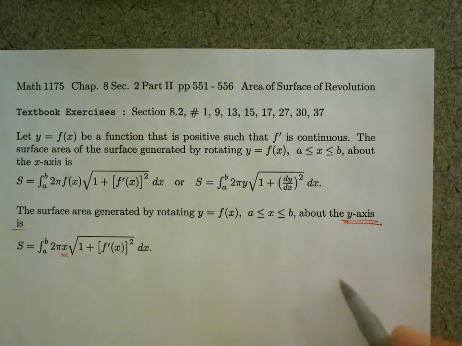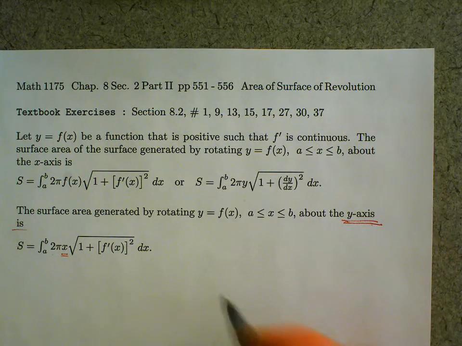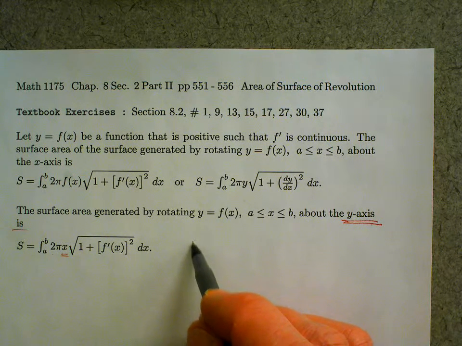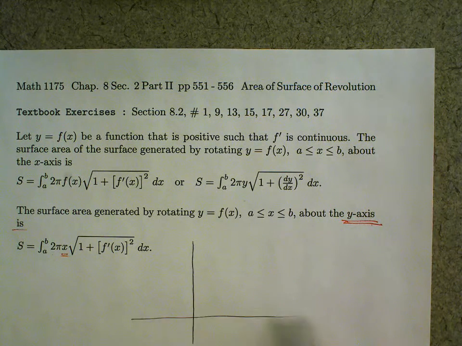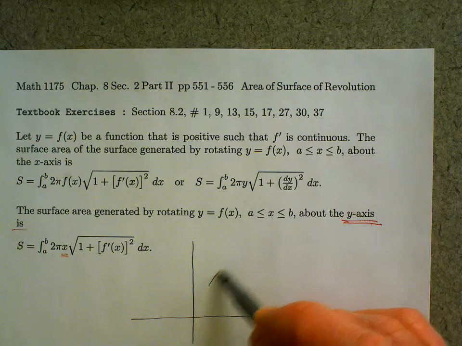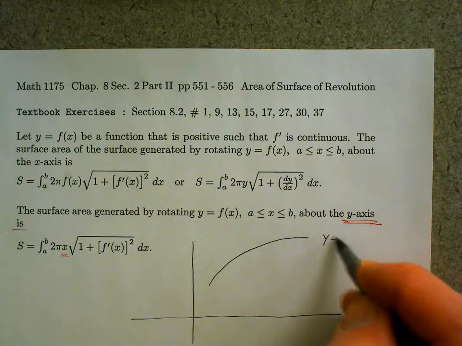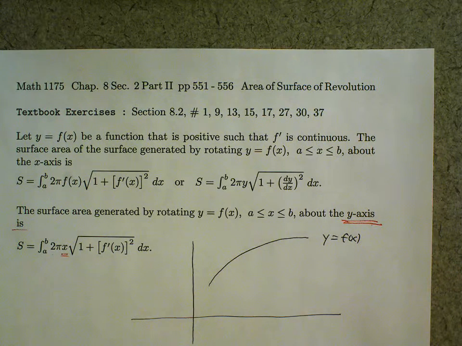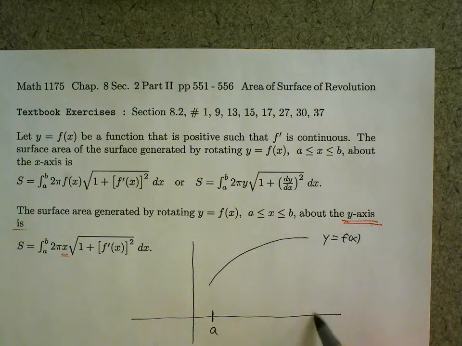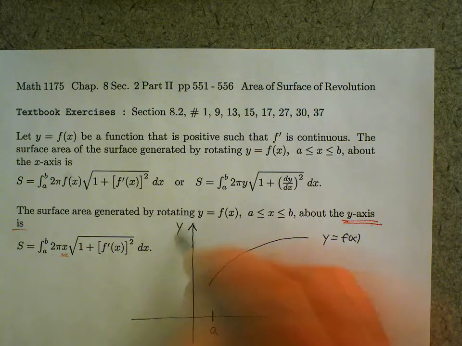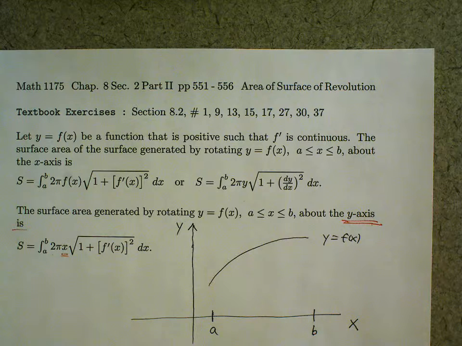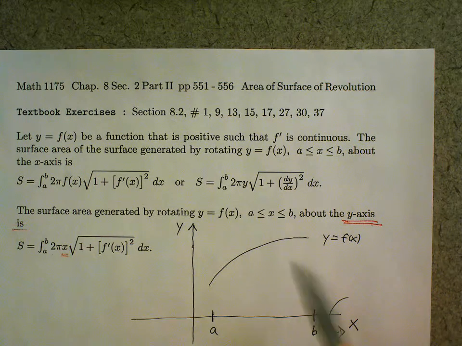Okay, I will attempt to explain the difference with a graph. So suppose we have y equals f of x on the interval from a to b. The x-axis is the horizontal one, and the y-axis is the vertical one. When we rotate about the x-axis, rotate that once around the x-axis,